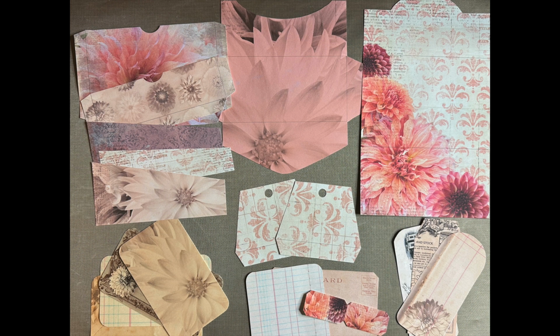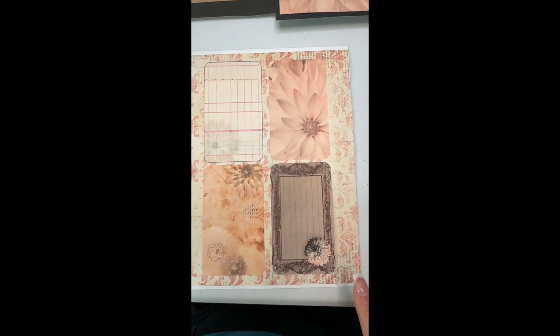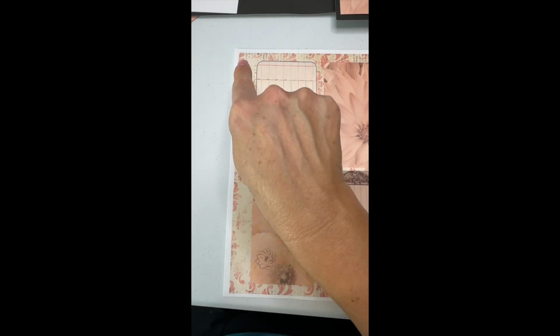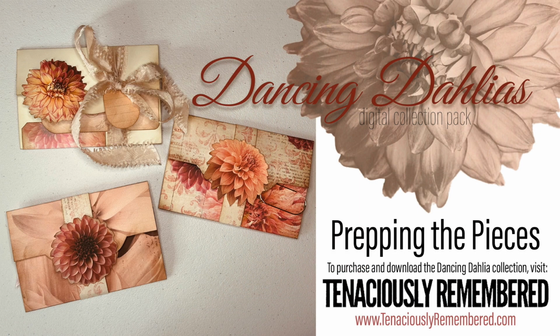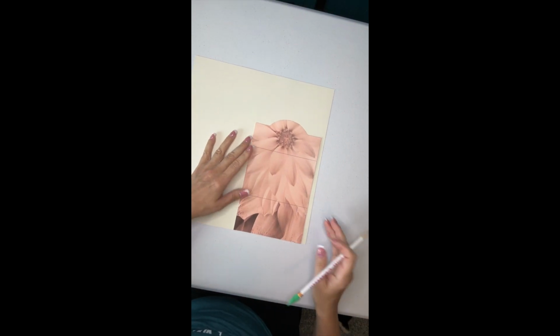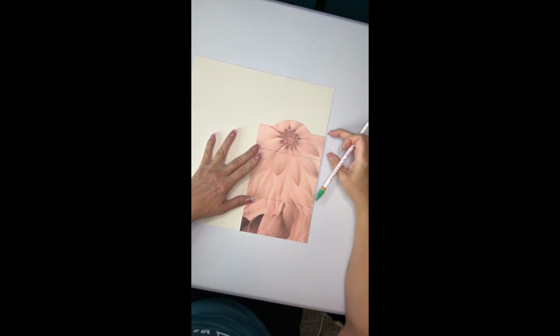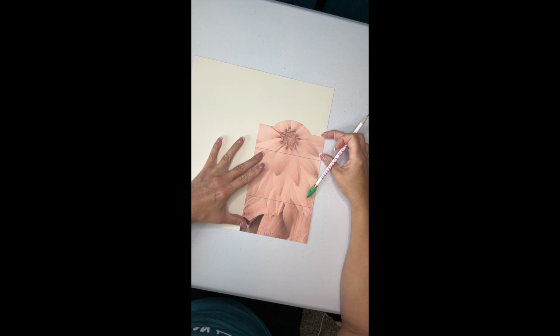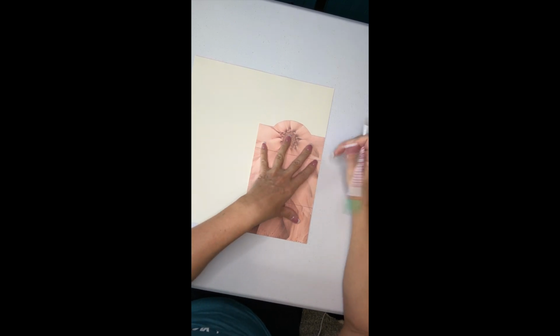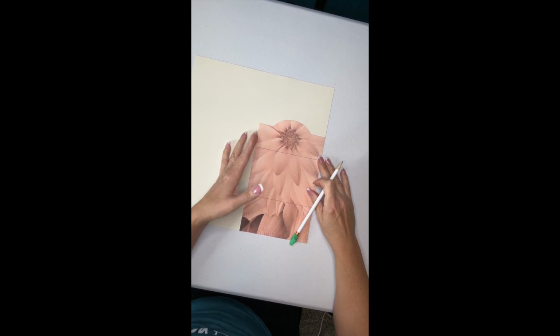On this journaling card paper, you want to go ahead and cut these two side strips. We'll be using those for closures for two of the folios. There are enough embellishments in the kit to go ahead and make 3 portfolios. And so you can either print out whichever portfolio covers are your favorite, or